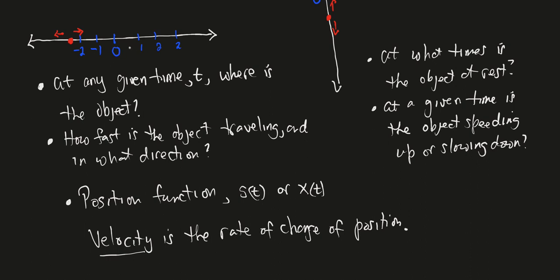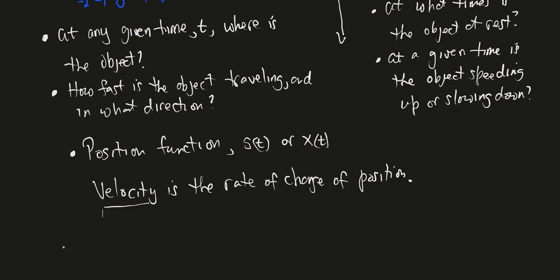So if I want to find that at a particular instant, like how quickly this object is moving, then I would have to find the instantaneous velocity of the object. So this is our next definition, right? So the instantaneous velocity, so at an instant, the instantaneous velocity of the particle